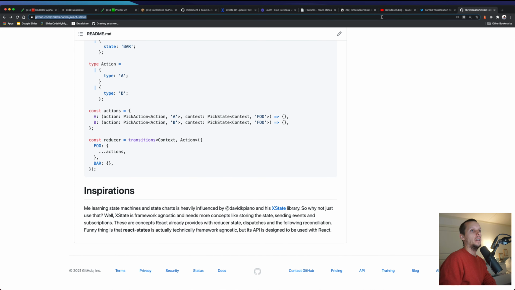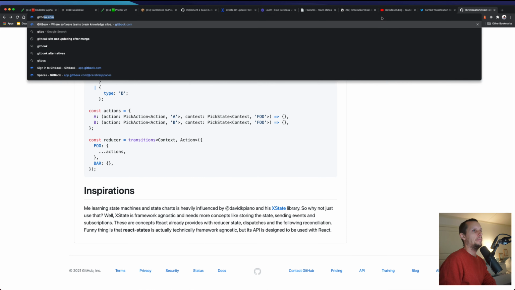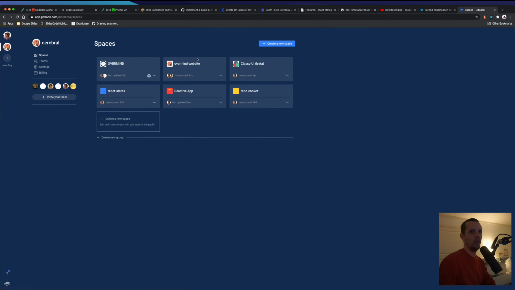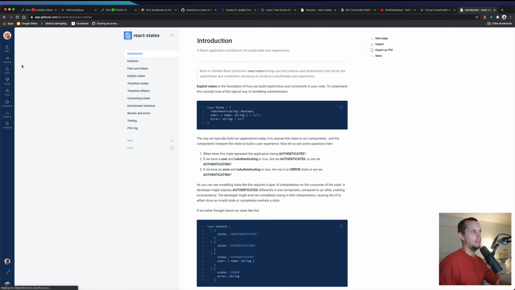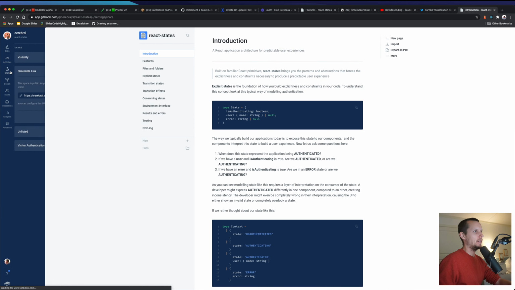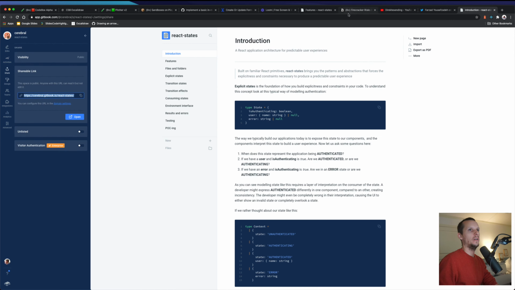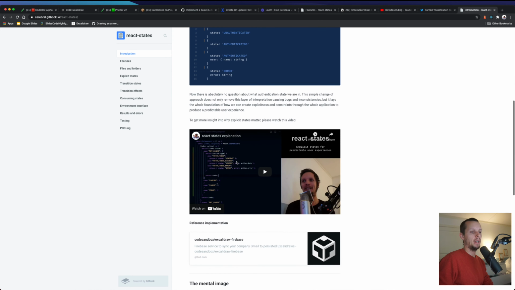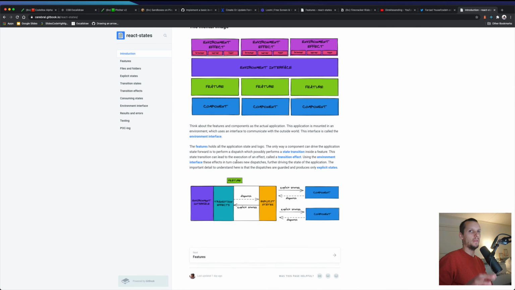Anyways, just a quick end to this. I'm writing a Git book on an actual application architecture on top of this. Let's see. And this is what we're currently developing in CodeSandbox. It's the application architecture that uses these things.